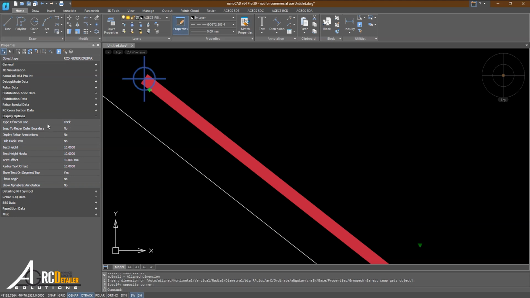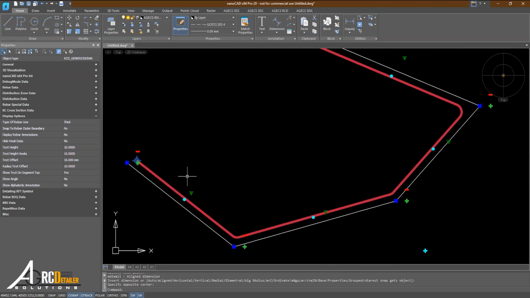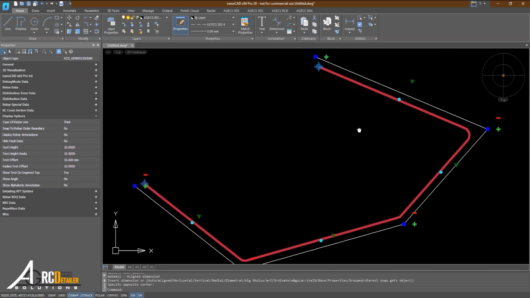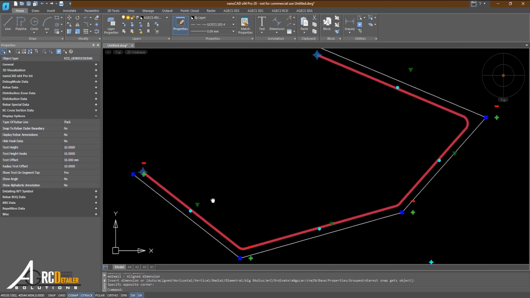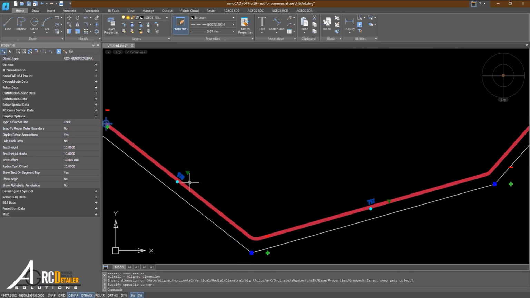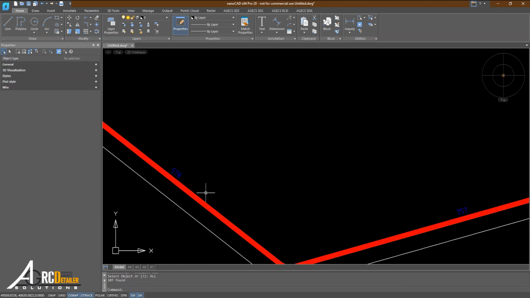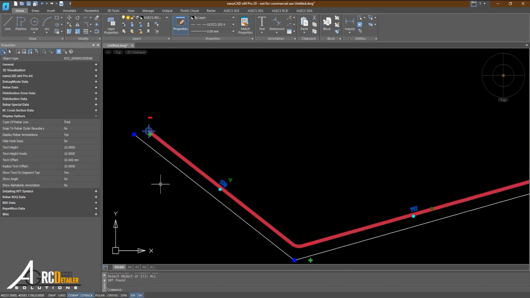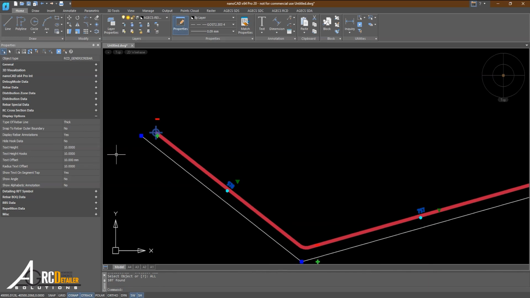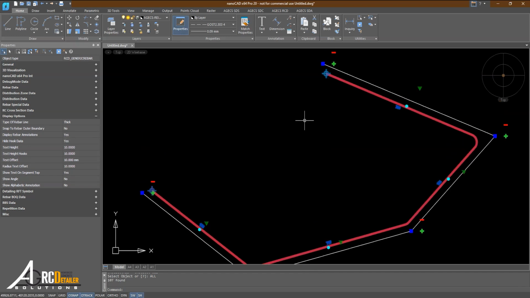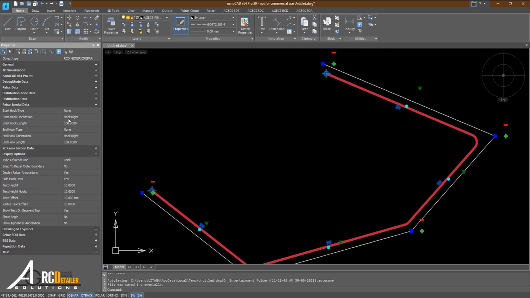After that we have the display rebar annotation. As we can see now, the rebar in front of us doesn't have any annotation on it. If I enable this display, yes, we start to see that the individual lengths of each of these segments have now appeared. After that we have hide hook data, which is currently set to no. If we set it to yes, it won't make a difference because I haven't added hooks to the rebar in front of me. If I go to the special data and start to add a hook,